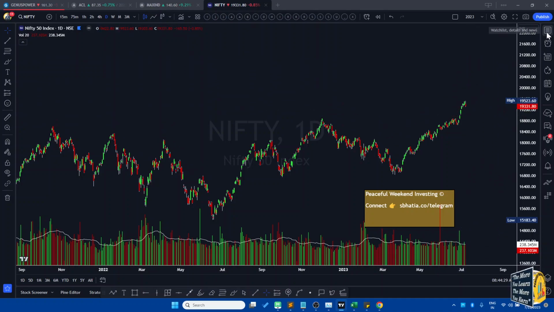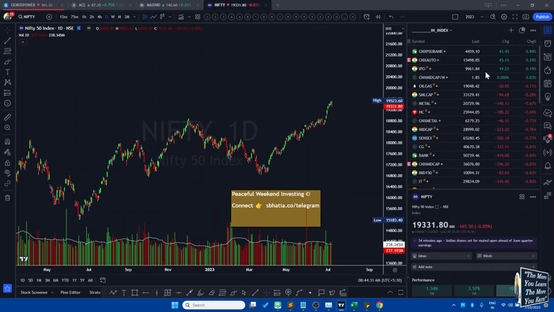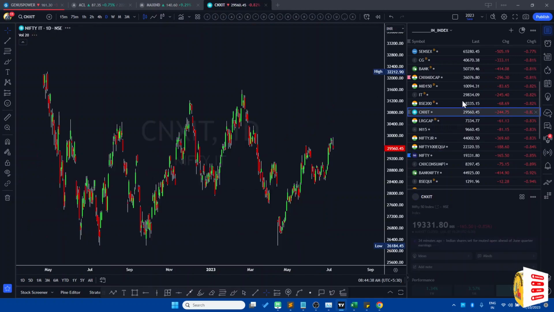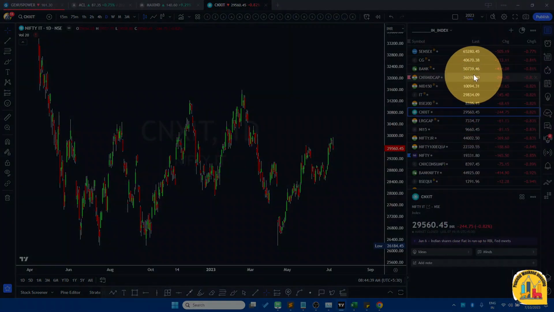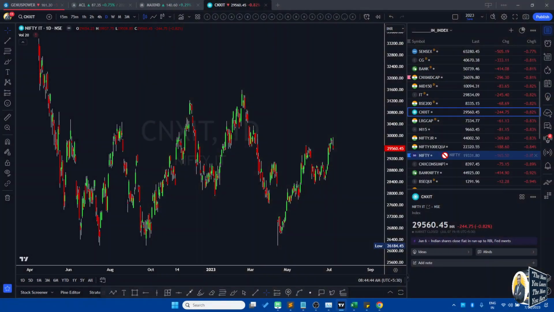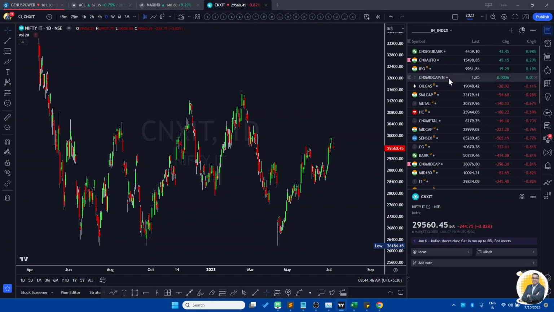Market is about to start, but that's okay because I'm not expecting a big move. So first things first, I make a list of all the indexes. As you can see here, I make an index for all the markets which I look at and try to make the list in such a way.